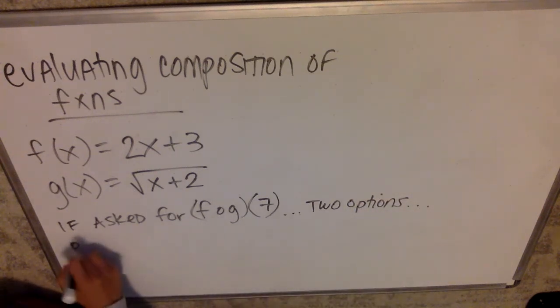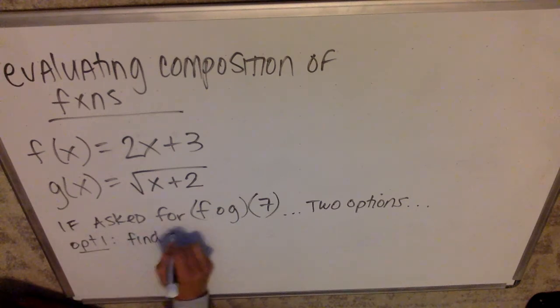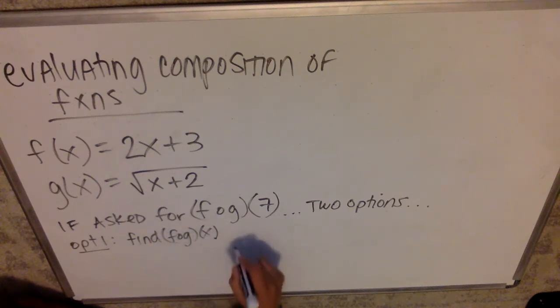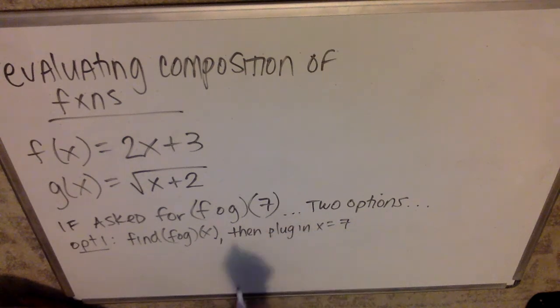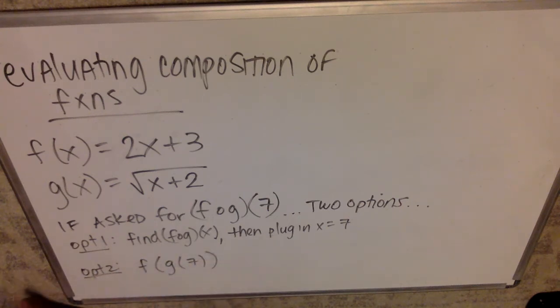So option 1 is to find f of g of x, right? Then plug in x equals 7. But since people tend to hate composition of functions already, like even just with an x, that's not always the best option. The other option, option 2, is to realize that f of g of 7 isn't that bad if